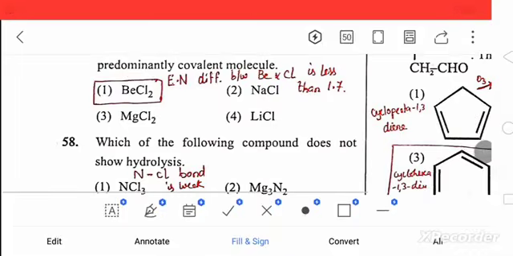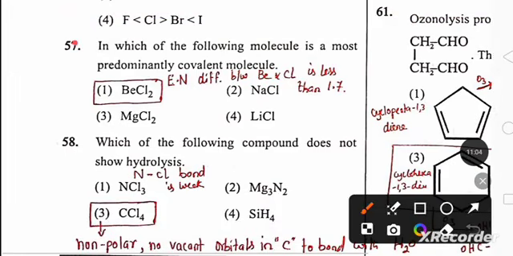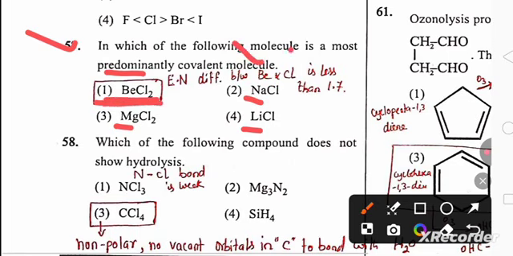So let us go to the next question. In the next question we have, in which of the following molecules is the most predominantly covalent molecule? As you can see, sodium, lithium and magnesium are highly metallic in nature, so they definitely have ionic bonds. Whereas if you see beryllium and chlorine, among beryllium and chlorine we can find